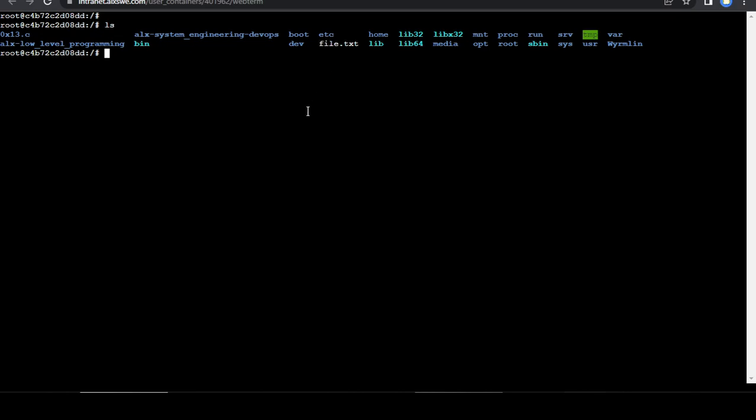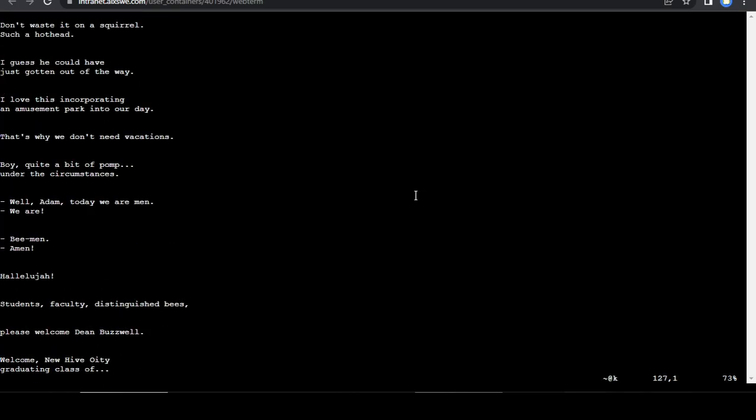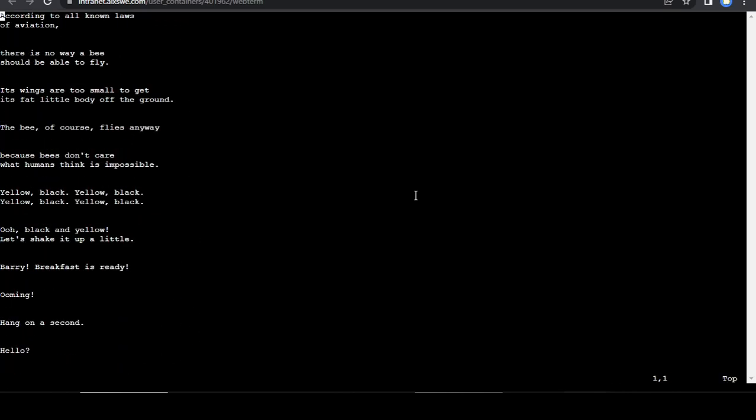In order to use VI to edit a text file or to create a new text file, all you need to do is type vi, give a space, followed by the file name. The name of the file I want to edit is file.txt. Once you do that, you press enter. As you can see, the file has been opened and I have some text inside it. Immediately you type vi followed by the name of the file, the VI editor will open the file for you, but it will open it in the command